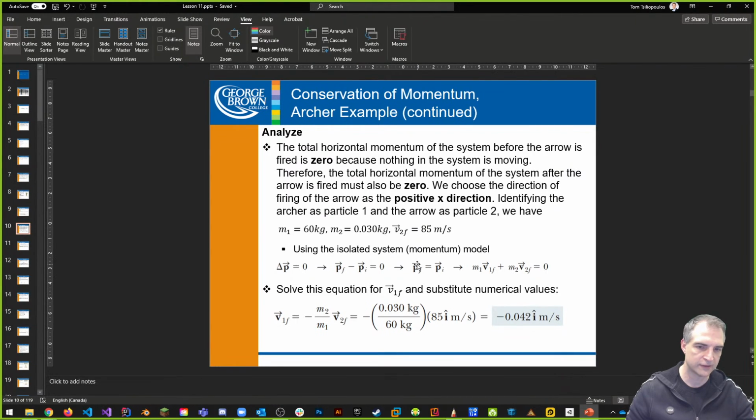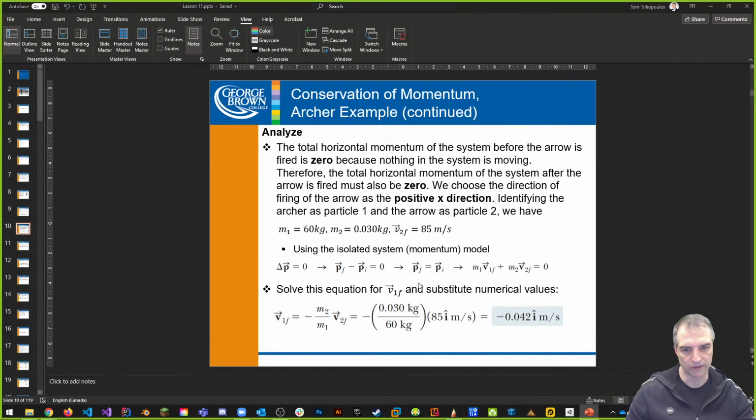Where we know momentum is mv, right? Mass times velocity. We mentioned that earlier. Well, we know that m1v1 final plus m2v2 final equals 0, right? When we rearrange the equation, we can say that our velocity 1 final is equal to negative mass 2 over mass 1 times v2 final. Negative means there's going to be a negative motion, right? Remember we talked about recoil. Recoil is going to happen in the negative direction or towards the left, right?